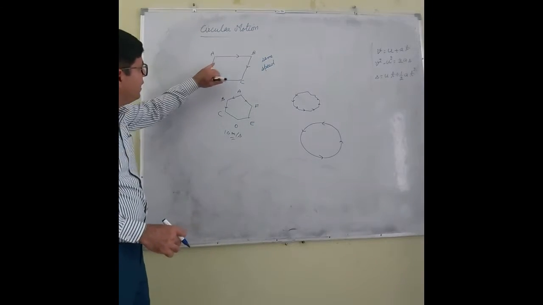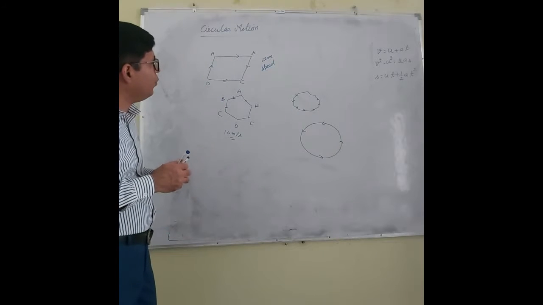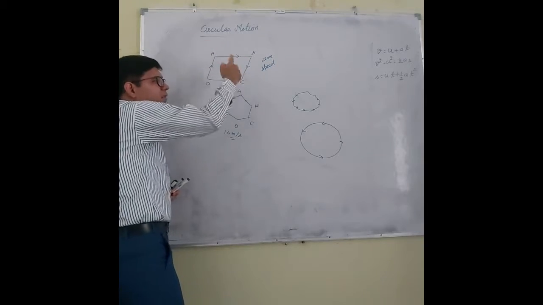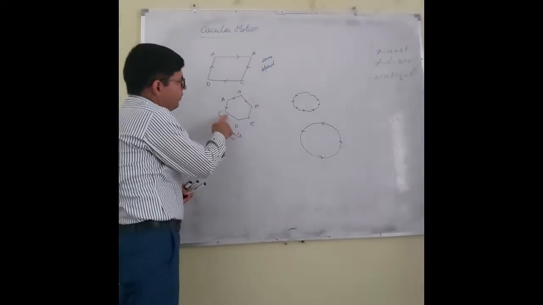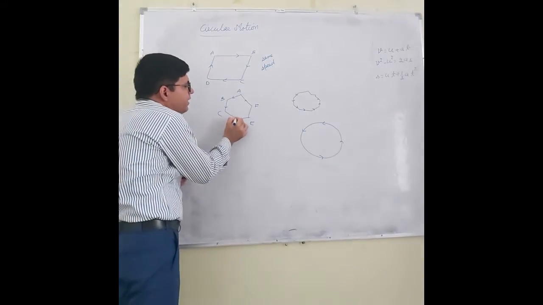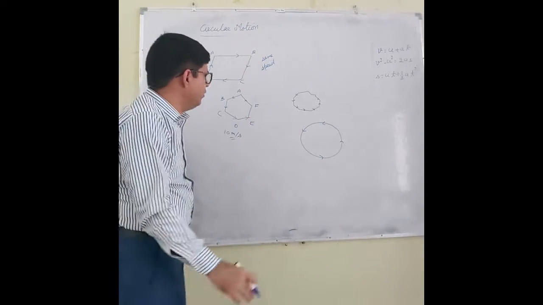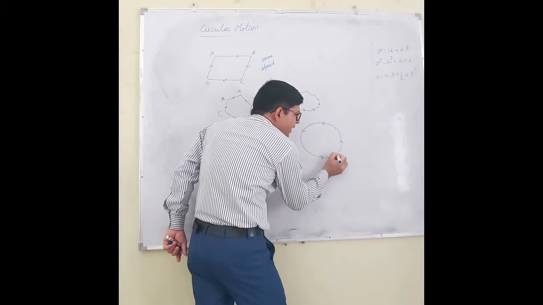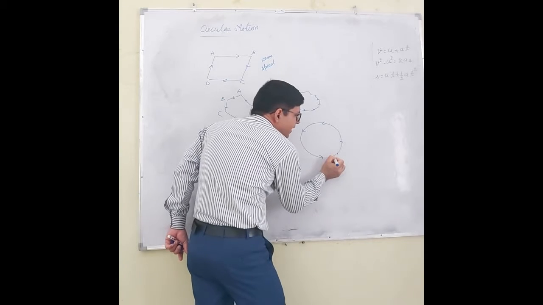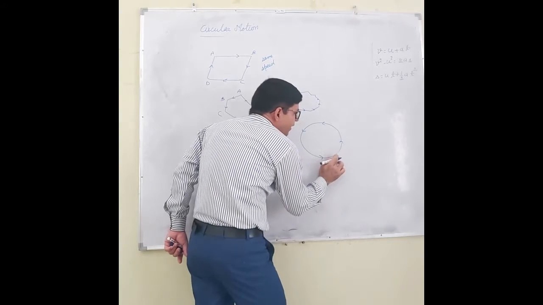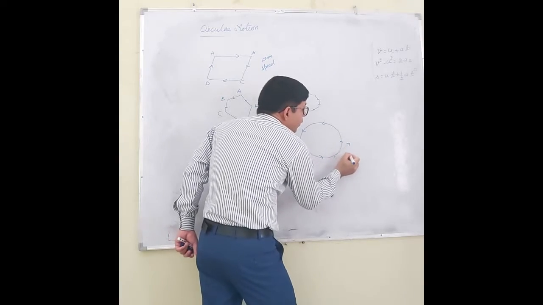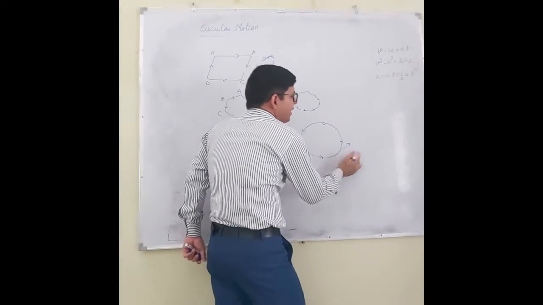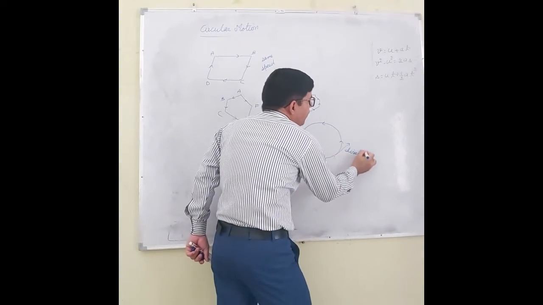Now listen, if I ask what is the direction of motion from A to B, you will say that the direction of motion is along AB. From B to C, it is along BC. Similarly, from C to D, the direction of motion is C to D. Along DE, the direction of motion is D to E. If I ask in circular motion, what is the direction of motion? In this case, the direction of motion is given by a straight line which just touches the circle. So this will give the direction of motion.